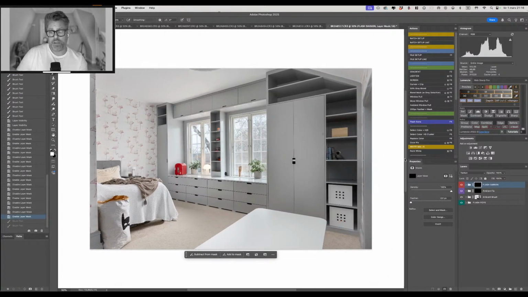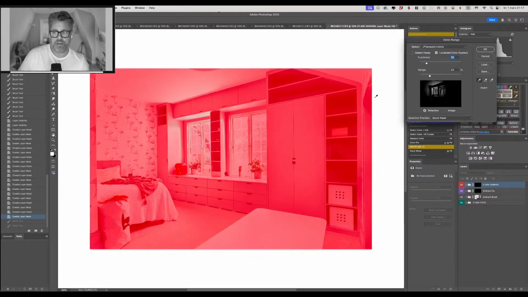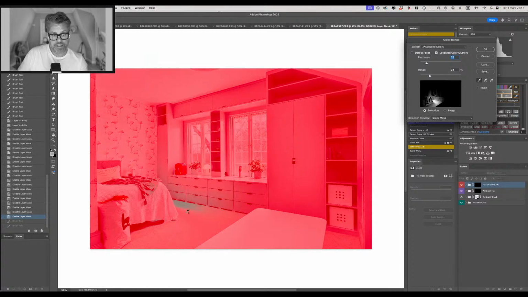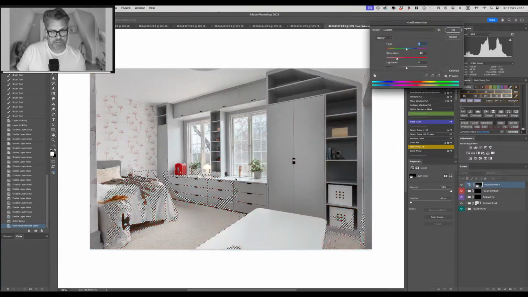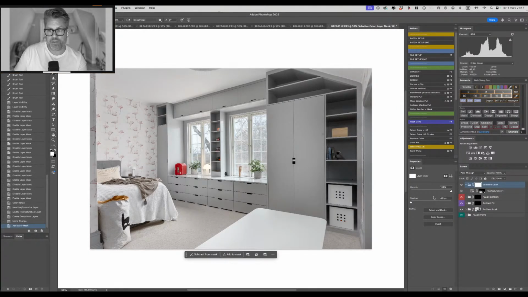So I will press F5 in my case. That's a shortcut for creating a hue saturation layer that lowers the master saturation and the yellow saturation. And I will make a selection by clicking with the eyedropper and holding shift to add to that selection. I think I want to remove some of the yellow in the carpet and maybe some things that are bouncing to other places as well. If I press OK, you can see if I disable it and enable it,